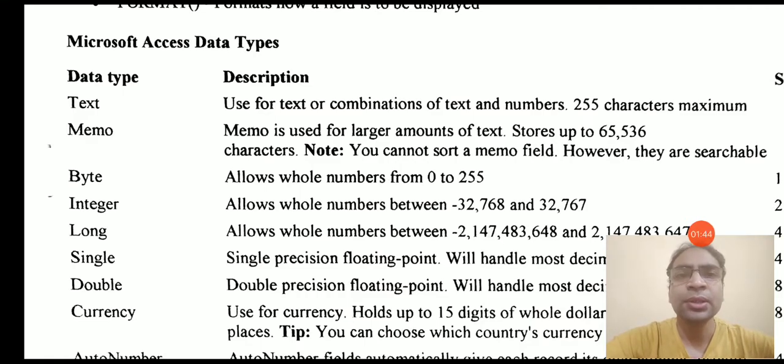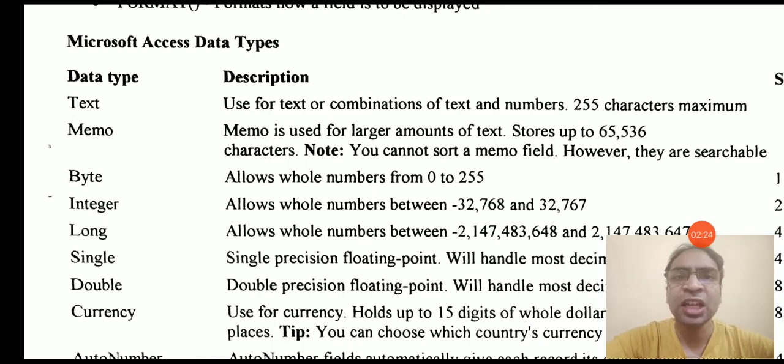First is the text data type. It is used to store a combination of characters and numbers. You can also use special characters here. But the maximum limit allowed for this field is 255 characters. So you can use this field to accept names, last names, email addresses, and even to store addresses. But if you want to store a large amount of data, like the subject of an email, or some data which carries 1000 characters, more than 255 characters, then you should use memo.